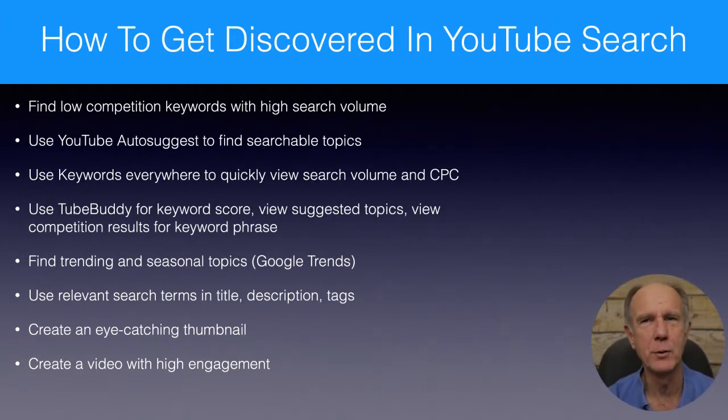And if you're stuck for topics, then you can just go into YouTube search and go through the letters of the alphabet, A, B, C, D, or E. Put that in front of your keyword phrase, or put it at the end of the keyword phrase, and you get all kinds of suggestions. So it's a very fast way to come up with relevant keyword phrase terms to use in your titles, description, and tags. And there are other tools you can use like Uber Suggest,